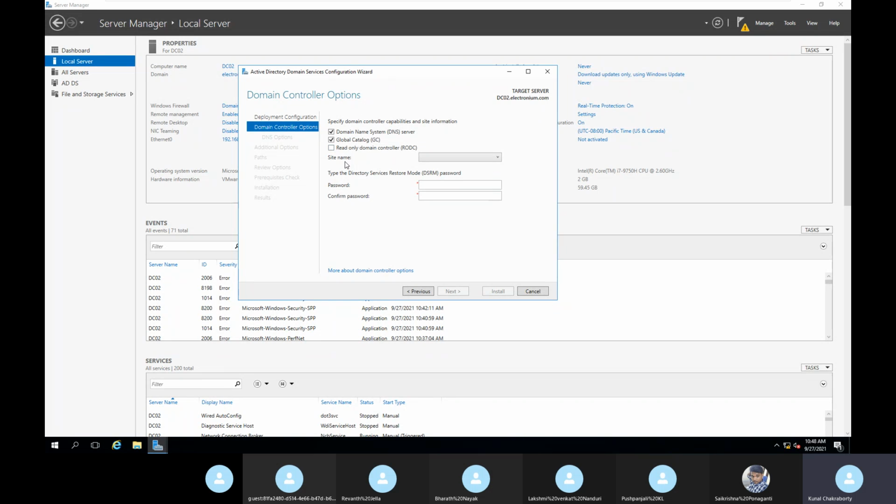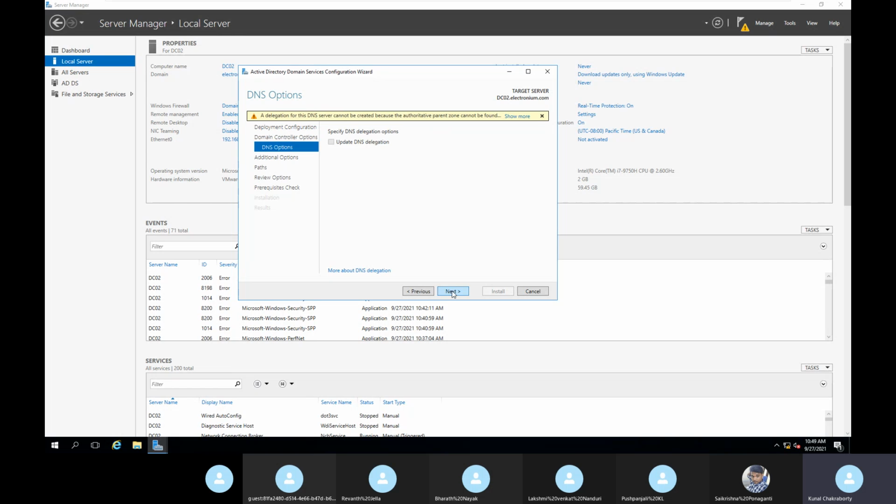Down below we can see the site name. We have created one site in the name of Delhi, correct? Delhi branch. Usually for the first site we go with Bangalore, but here we will change the site only. After that, you have to give the password. Done. Then follow the same steps.